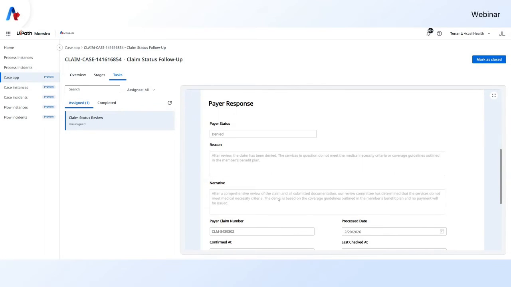So it's saying that the claim, let me see, as determined, services do not meet medical necessity criteria. So that's a bit of the denial reason that is there. But again, if there are any supporting codes or any other information that's available there, all that can be brought in